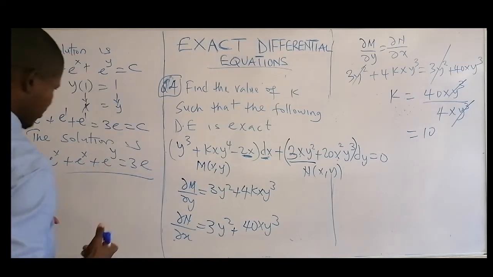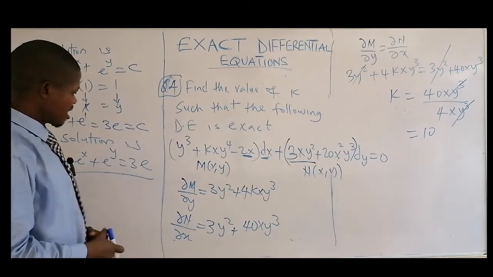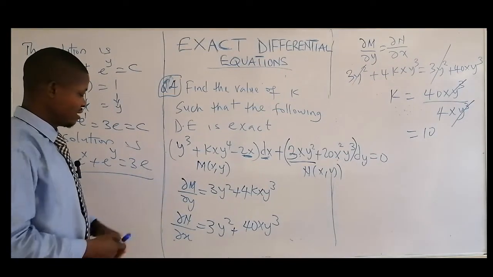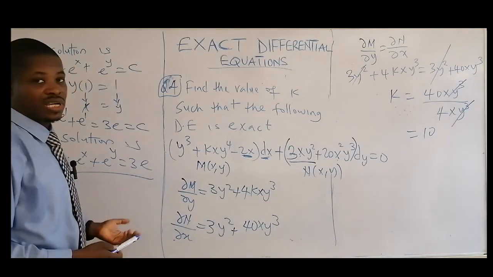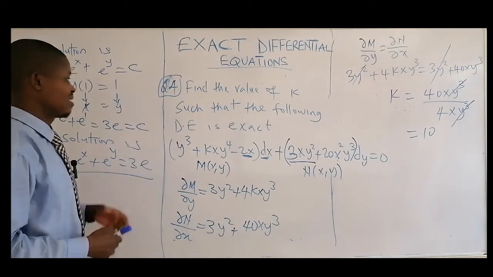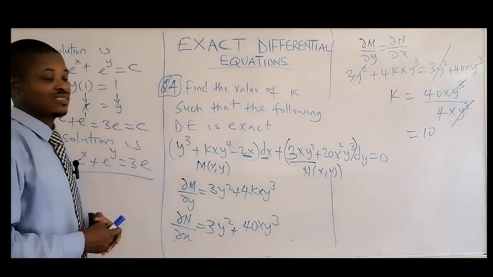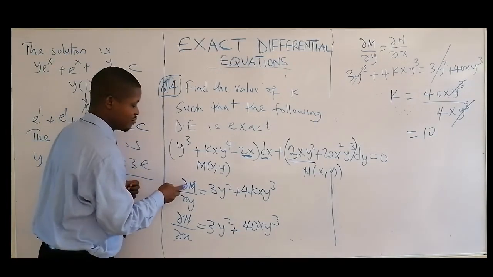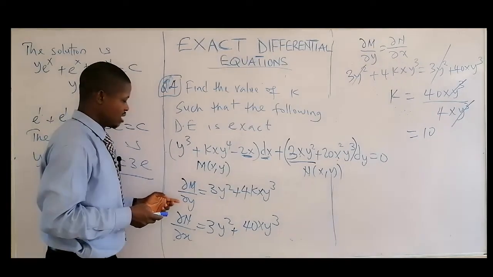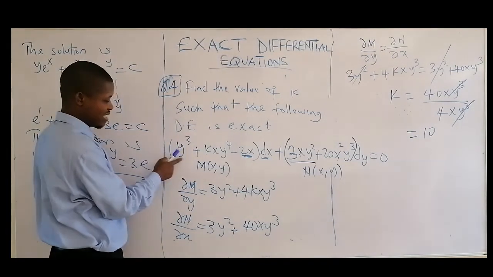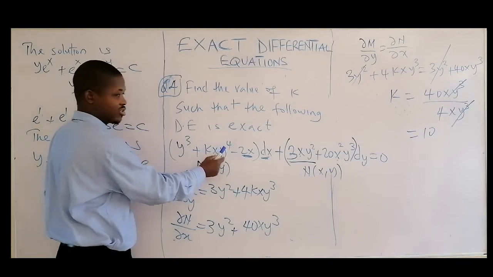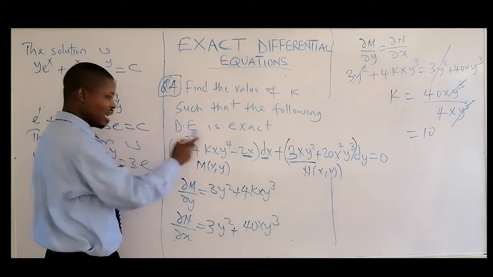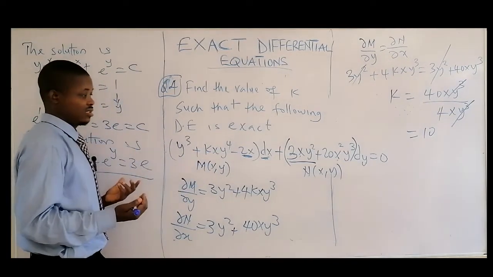k is 10. Just get your M, get your partial derivative of M with respect to y, get your partial derivative of N with respect to x, and then equate them together because the question has already said that the differential equation is exact. And that's just that. When you are differentiating partially with respect to y, look for that y. This is the only y here. But here it has a combination of two variables, x and y. That means the other variable will be kept constant and you differentiate the y. That's what I did.